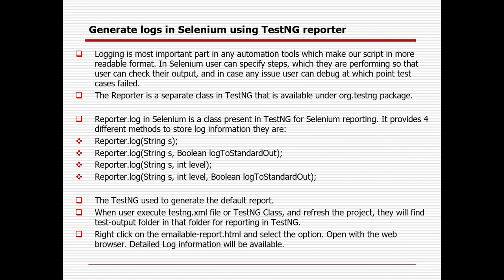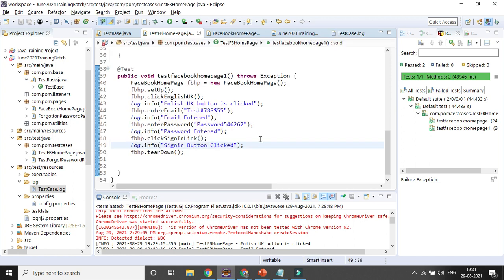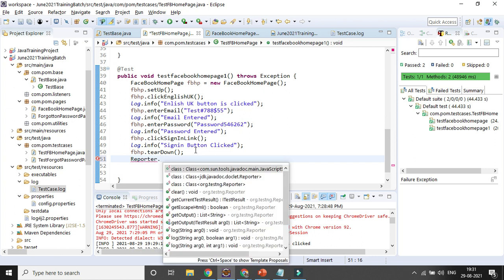Okay, suppose I try to use Reporter.log here. Suppose this is my test case. Once execution is done, I can say Reporter dot log.